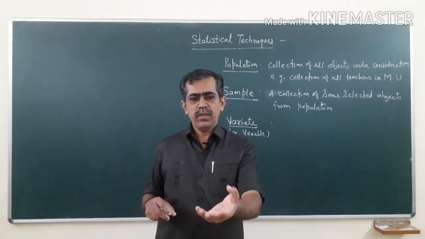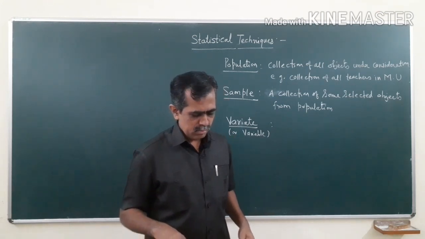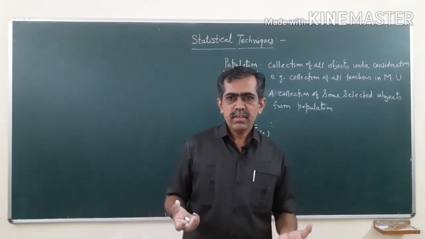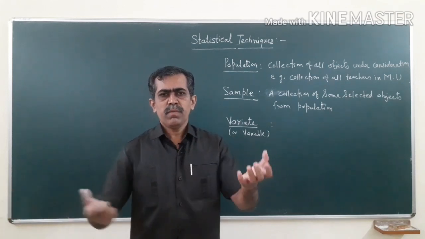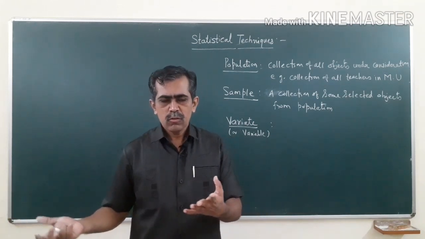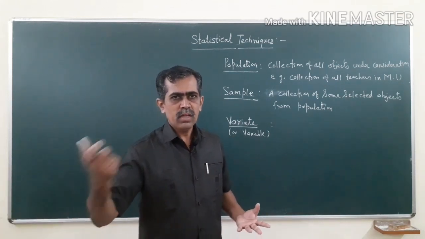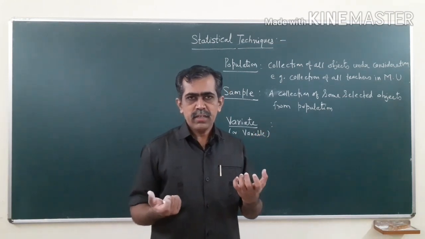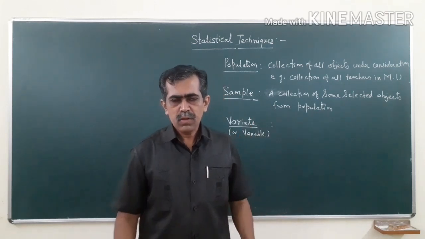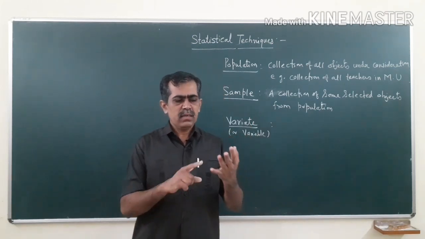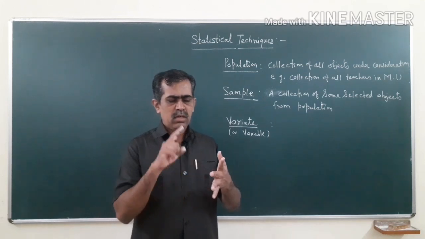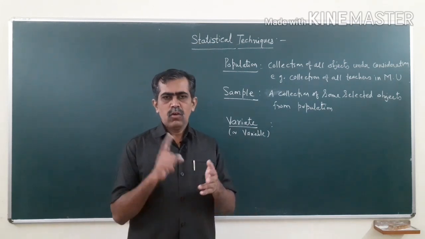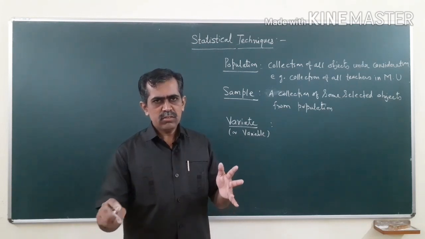It is a characteristic of a student, or intelligence, or income is a characteristic attached to different persons. Everybody's income will be different, so it will differ from person to person. Those characteristics or qualities, see, we collect the data about what? We collect the data about income, expenditure, or number of students, or marks scored, or age of students, like that.